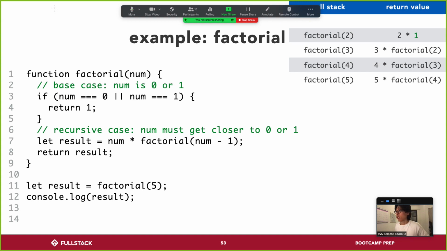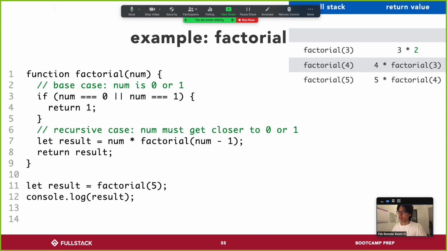It's 2, and it gets returned in the context of factorial 3. So factorial 2 becomes 2, and 2 gets substituted in for factorial 2 because they're the same thing now that they finally returned,